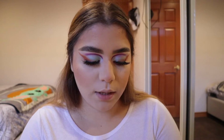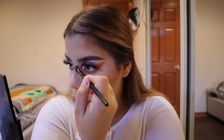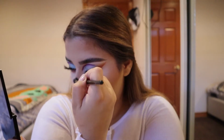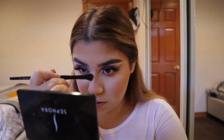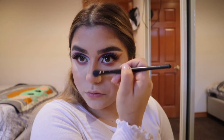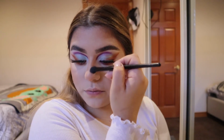Now to contour my nose, I'm gonna take the Hoola bronzer. This is the only expensive product I typically really use, because to be honest with you guys, I can't find a shade that compares to this, and this is just a very great powder bronzer in my opinion. And I do feel like this does create a very perfect